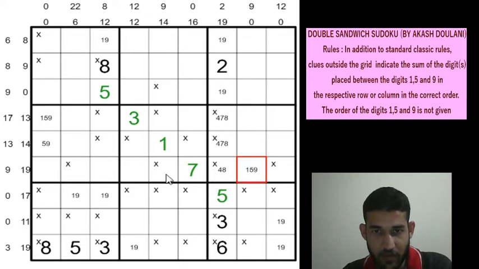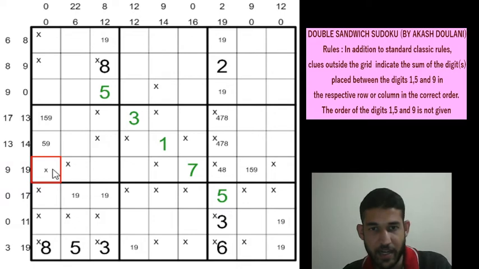and the next one will go either here. One of these 2 cells will be 1, 5 or a 9, and this has to be a 1, 5 or a 9, right? Because let's say if this is an X, we don't have 1, 5, 9 here. We need to mark 2 of these cells with 1, 5, 9. That will give a 0 clue outside. So it is violating. So this is going to be a 1, 5 or a 9.